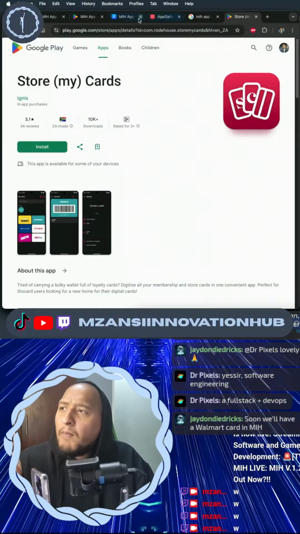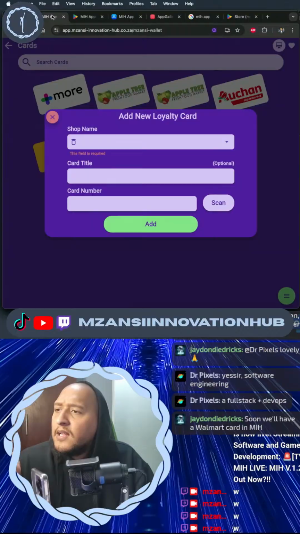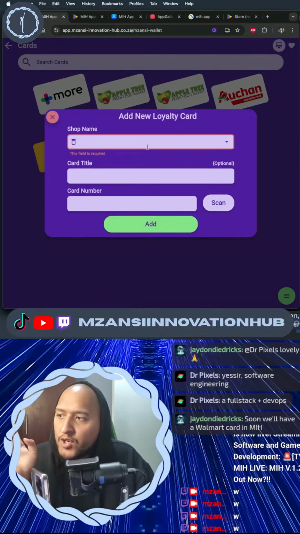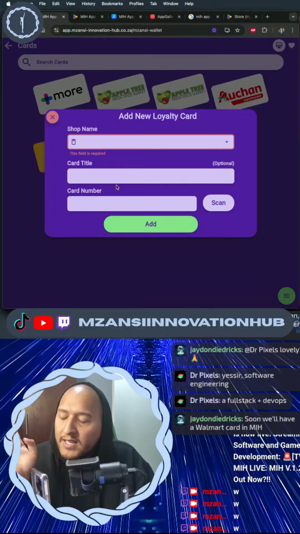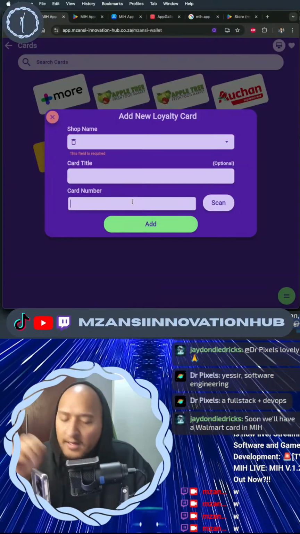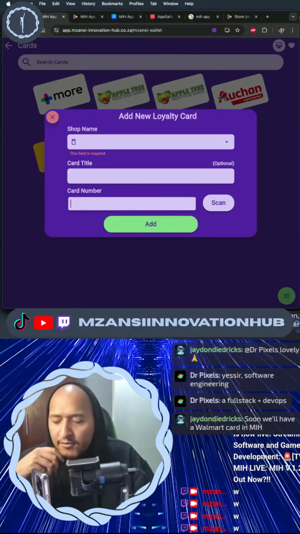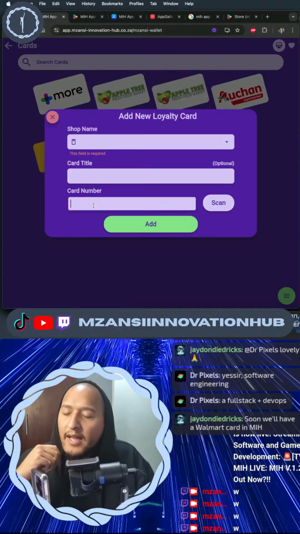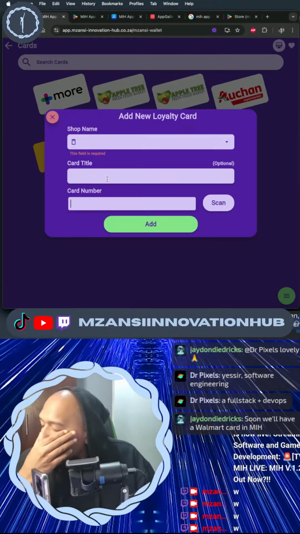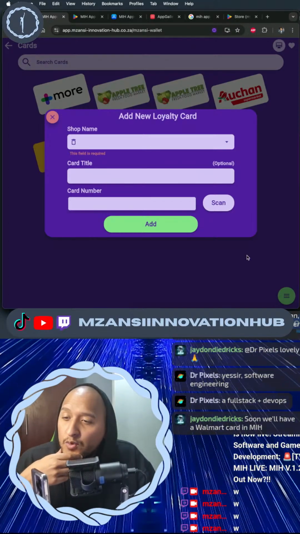I was thinking maybe you type the name of the shop, you select the type of card, you give it a title, you give it the card number, and then you click on add. I'll also have to change this field to make it accept both letters and numbers. And then also what I was thinking is because we can change this window over here,